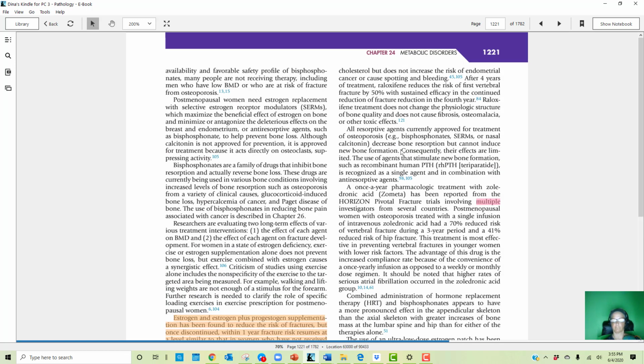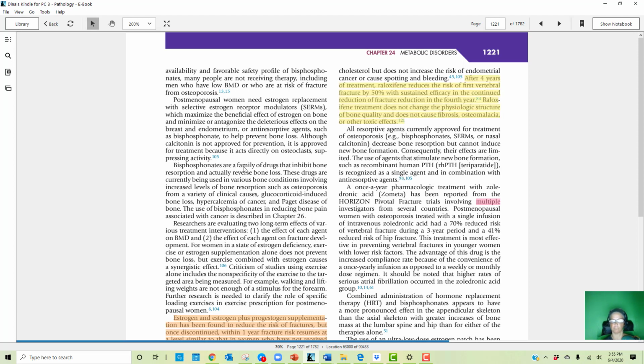After 4 years of treatment, raloxifene reduces the risk of first vertebral fracture by 50% with sustained efficacy in the continued reduction of fracture risk in the 4th year. Raloxifene treatment does not change the physiologic structure of bone quality and does not cause fibrosis, osteomalacia, or other